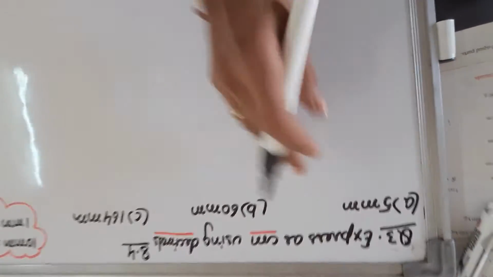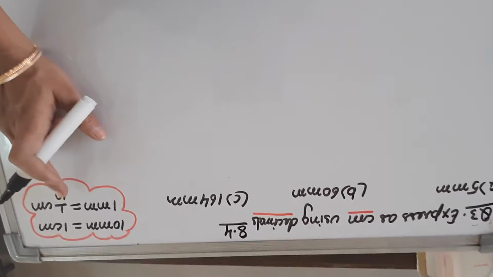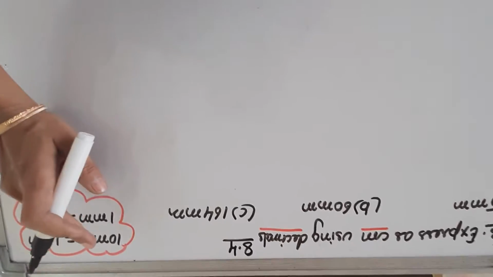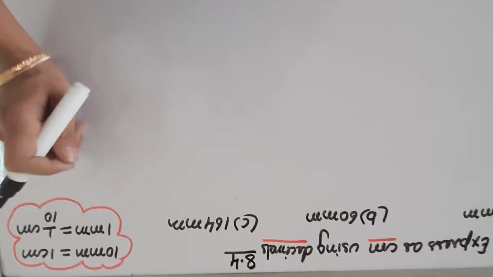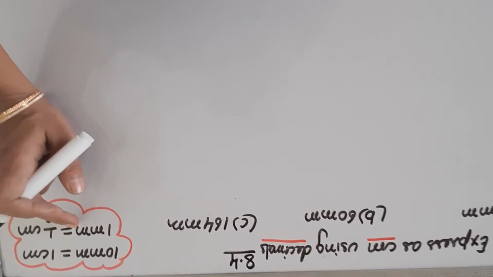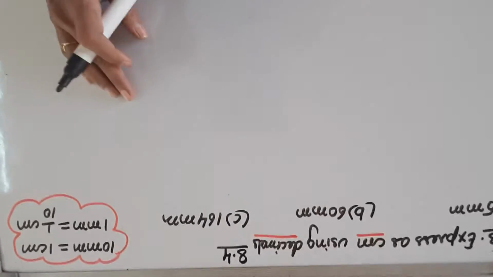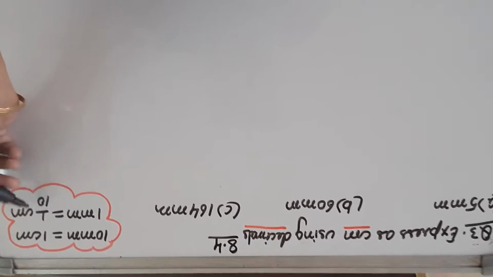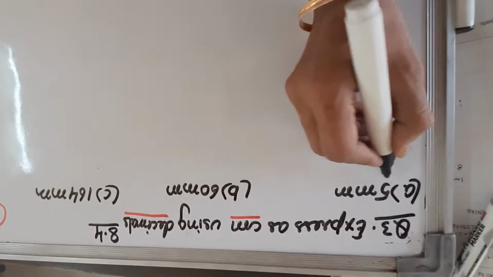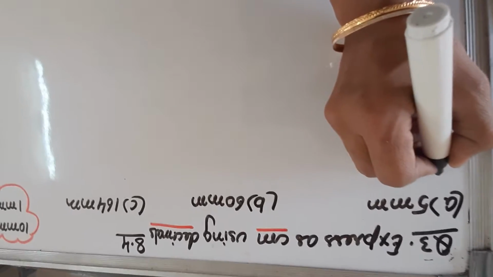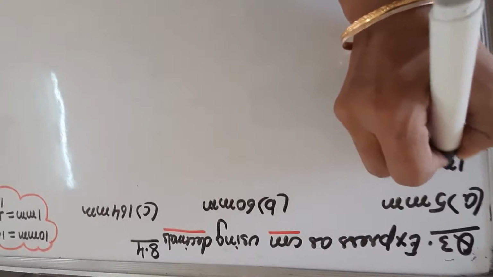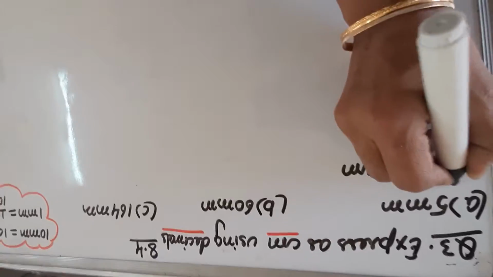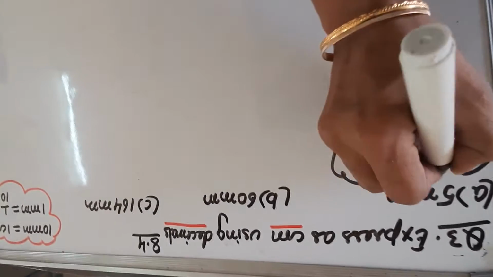Like 5 millimeter. Before doing the question, make this cloud. 1 centimeter is equal to 10 millimeter, or we can say 10 millimeter is equal to 1 centimeter. So 1 millimeter is equal to 1 by 10 centimeter. So if we want to convert millimeter into centimeter, we have to divide it by 10. So now 5 millimeter is there. What do we do? We will first write down the identity. 1 millimeter is equal to 1 by 10 centimeter. So write down this identity.